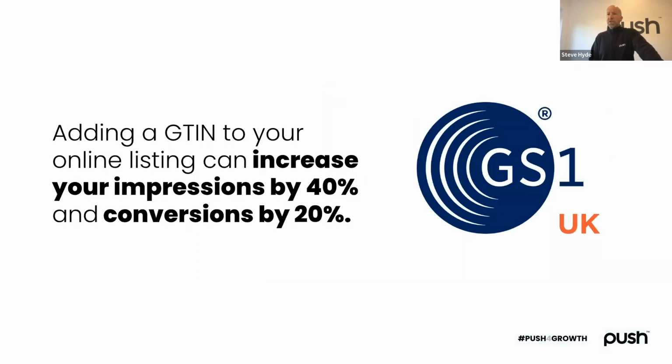And Anne-Marie's mentioned that adding a GTIN to your online listing can increase your impressions by 40%. That's the amount of people that see your ad, or see your position on Google, and conversions. Now that information's directly from Google. So this is Google as the source here. So make sure that you pay